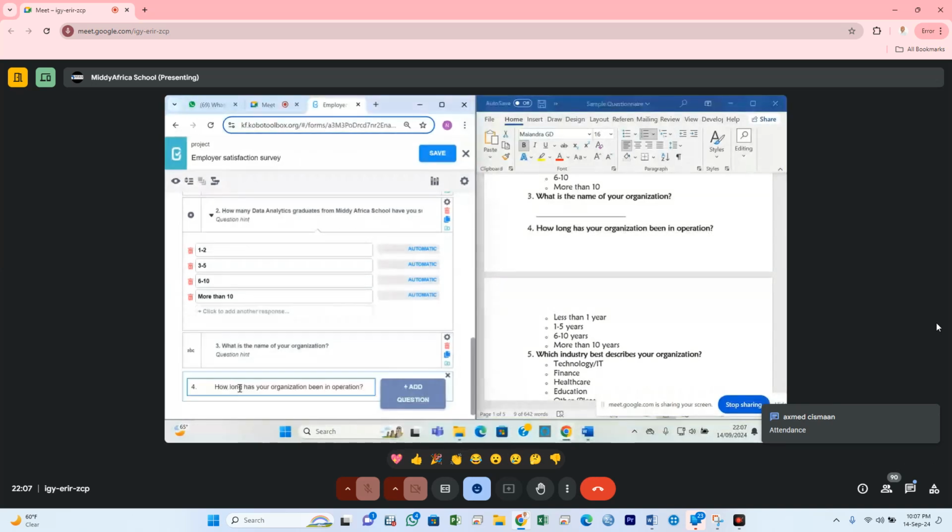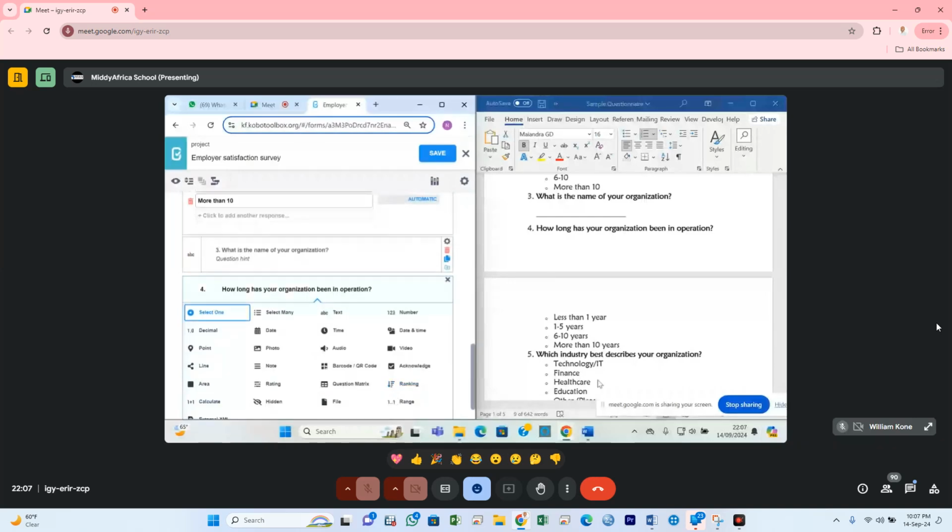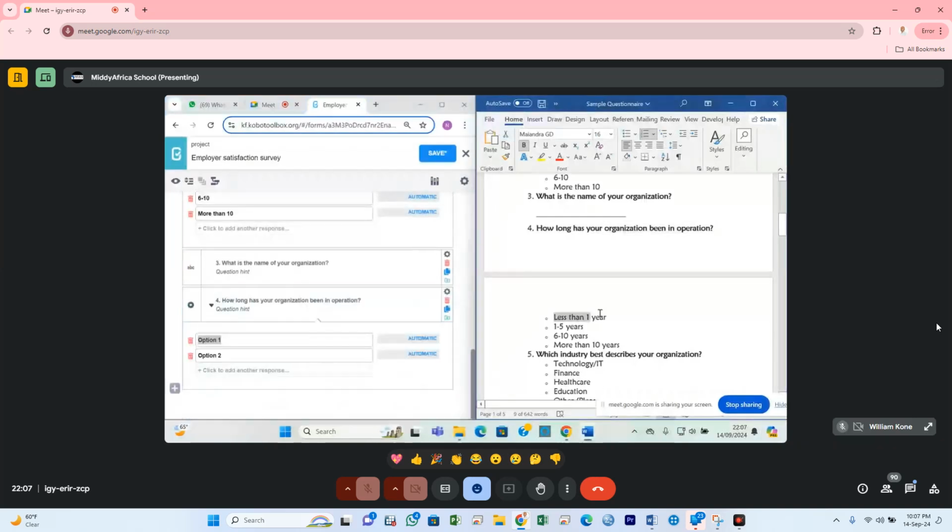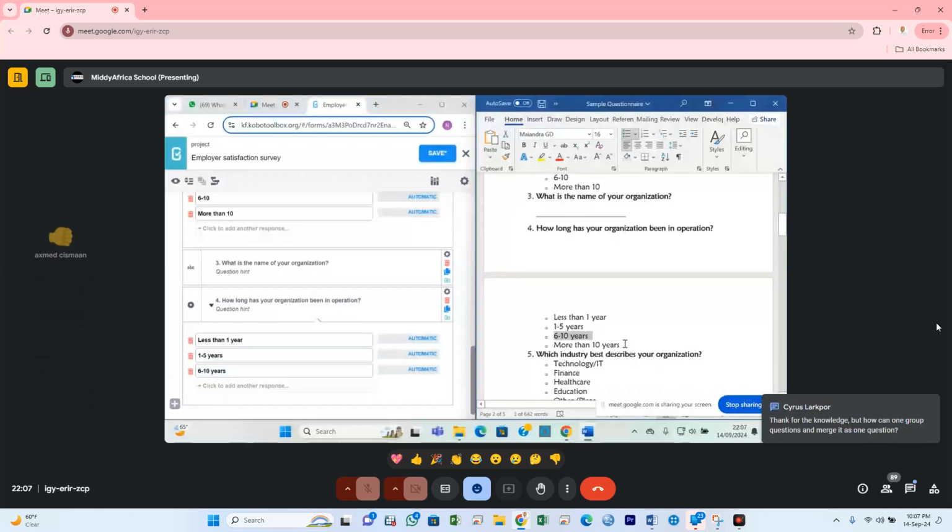So I can now go faster. That one is also a select one: less than 1 year. Copy, paste it there. Then 1 to 5 years, like that. Then I can have 6 to 10 years. I want to repeat this one of skipping the logic,